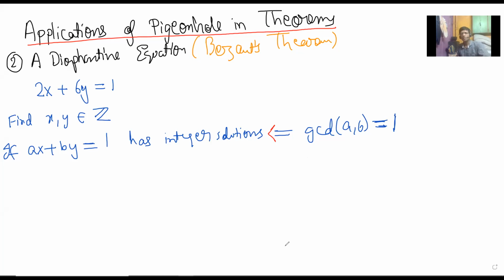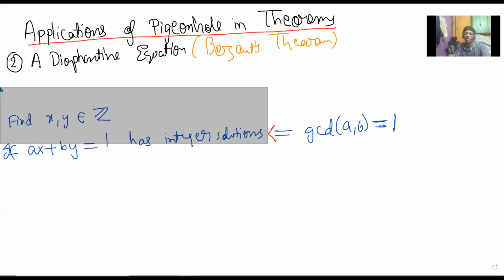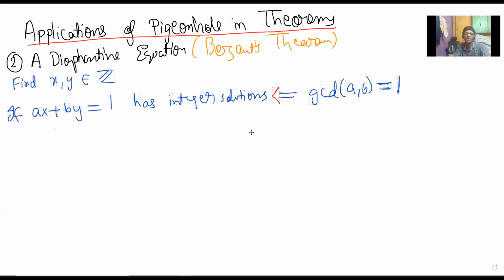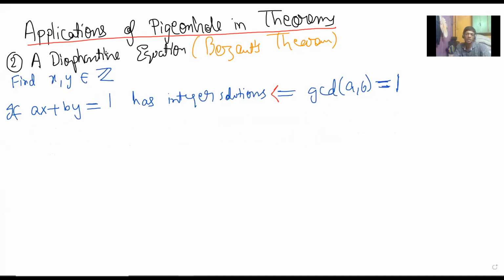So we want to say that whenever the GCD of A and B is 1, then you can find integer solutions. Obviously, you can always do that in an ad hoc way, but we want to prove that you can always do it. And the interesting thing is you want to prove it combinatorially. This is usually never done combinatorially in a number theory book. But if you see something like Arthur Engel, then you will see this proof, which I'm going to try to do.